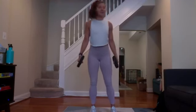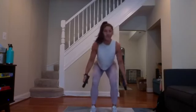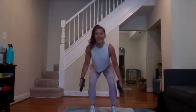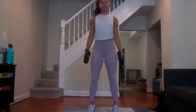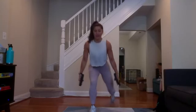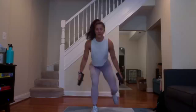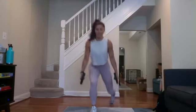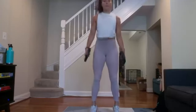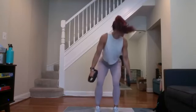The next move you guys are doing is that narrow to wide row. When you do that calf raise, squeeze your glutes. Everything pulls through to the front. I think that's 10. If you guys are already moving through, after your narrow row to wide row is your